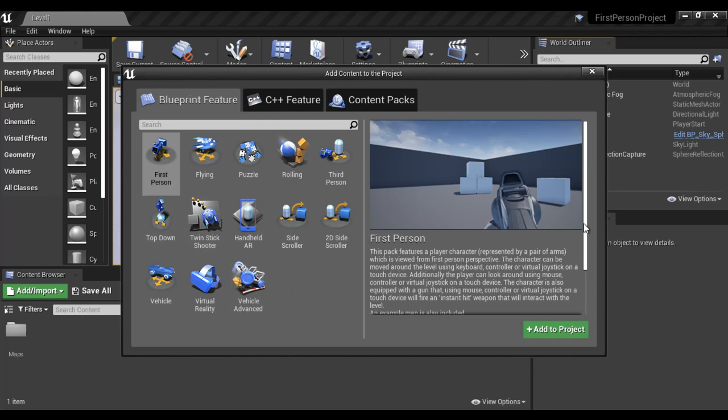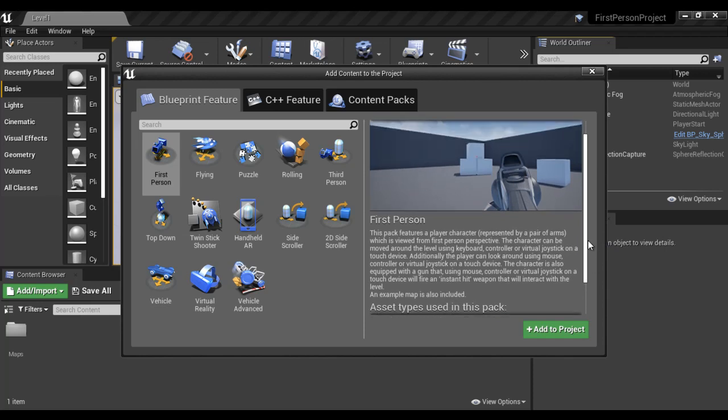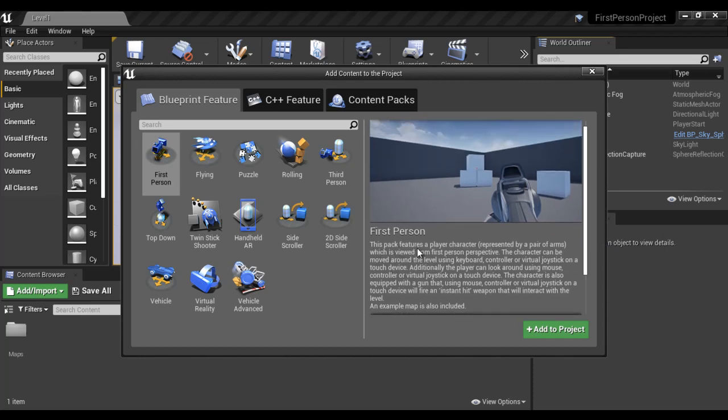And you can see that it gives a lot of information about the first person feature pack. It says this pack features a player character represented by a pair of arms holding a gun, which is viewed from first person perspective. The character can be moved around the level using keyboard, controller or virtual joystick on a touch device.